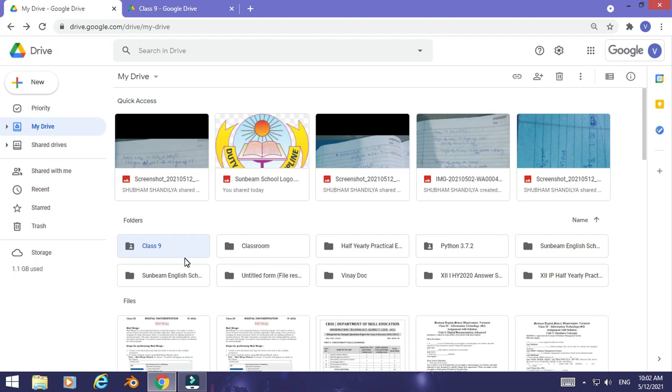I hope this is clear to everyone. There is no doubt left in this. Other folders are also there which are already there. So you don't touch those folders, because these folders have been created by your Classroom app. So you can see everything, whatever you have created is already there in the drive, and this drive gives you a lot of space, so there is no problem of space in this drive.